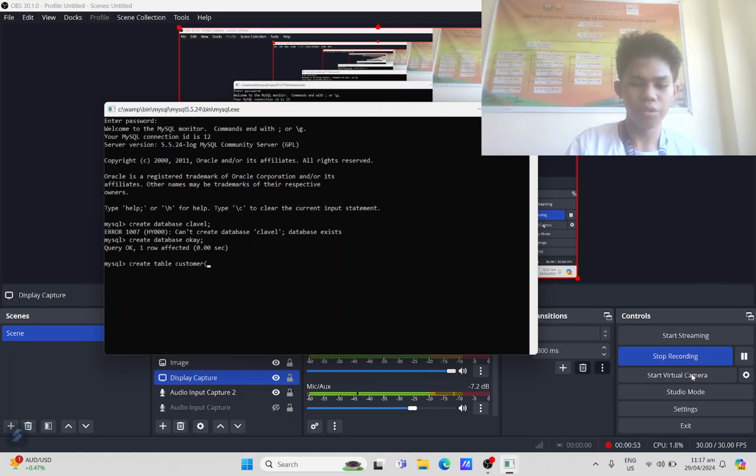Then the attributes of customer are customer code, which has a data type of integer, then customer last name, char 50 size. Next is customer, sorry, first name, then char 50, then initial,